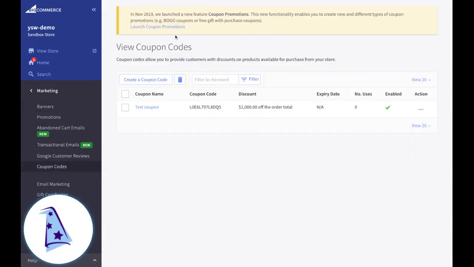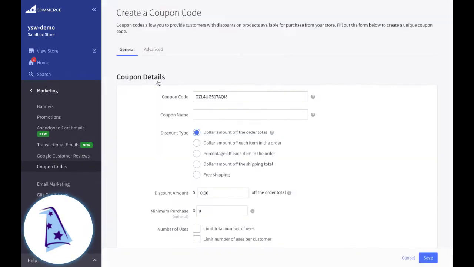As you can see on the top of my screen, in 2019, BigCommerce launched a new feature called Coupon Promotions. I'm not going to be going into details on the coupon promotions engine for this particular video. This is going to apply only to marketing and then coupon codes. So I'm going to go ahead and click on coupon code, and it takes us to the create a coupon